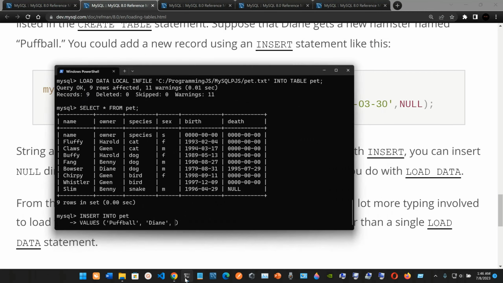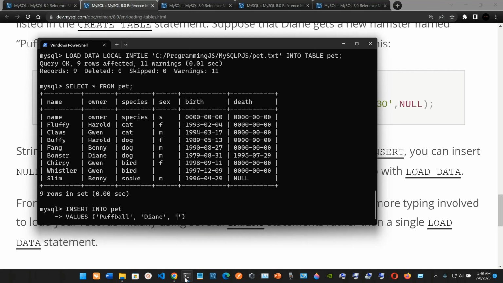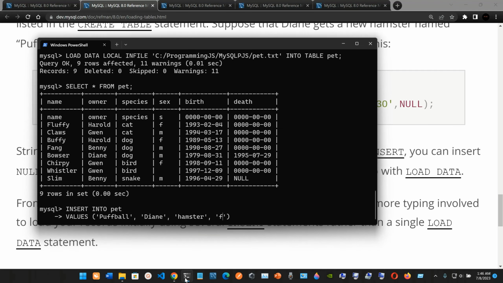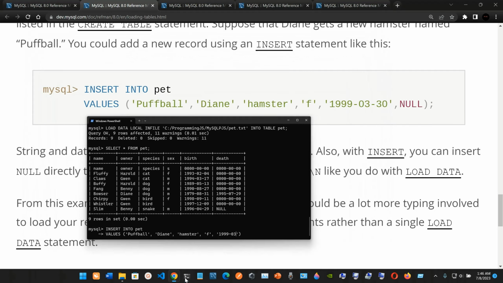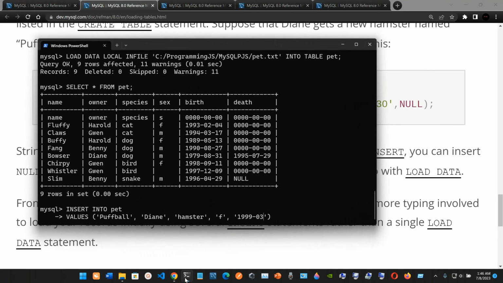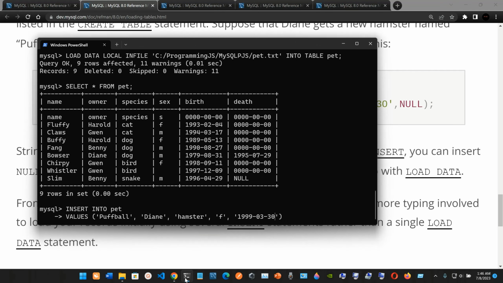and now we're going to have a hamster, like this, comma after the single quotes. The sex is going to be female, so we just have an F, and now the date of birth is going to be 1999, and it's going to be 03, so this is going to be March, and finally we're going to have the day, that is going to be 30th. Outside of that, in capital letters, we're just going to type in null, and we are going to end this statement